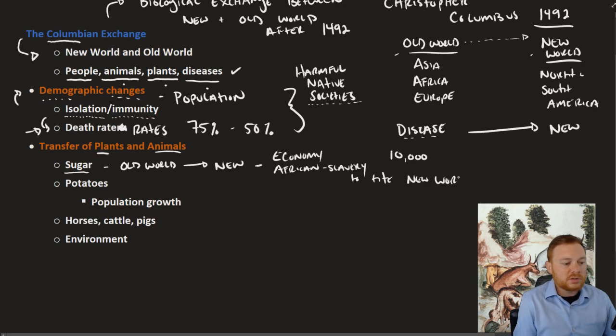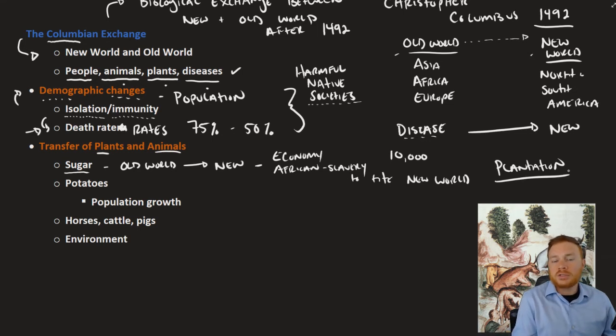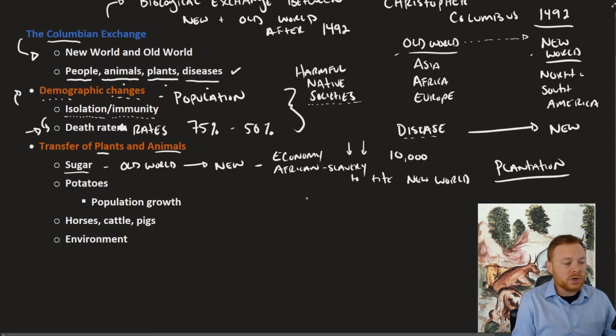It is specifically this term, we use this term plantation. A plantation is sort of a way to set up how you grow crops for purely export. And because the Portuguese started to grow sugar and use African slavery to do that in places like northern Africa and some of the islands in the Atlantic, when sugar was brought to the New World, the labor system was also brought with it.